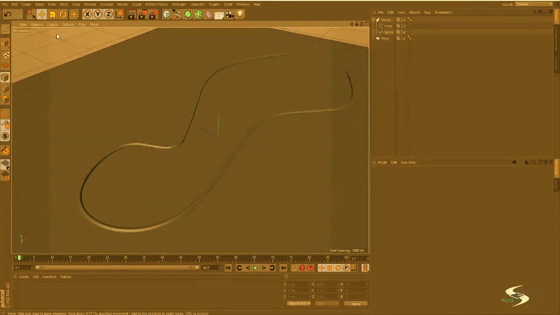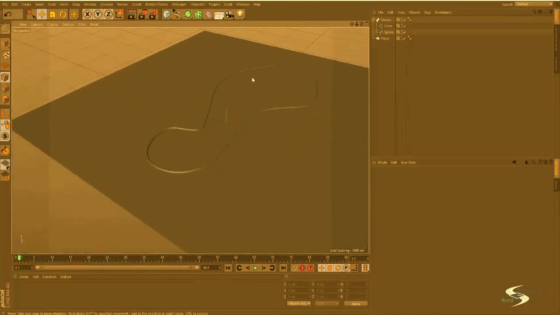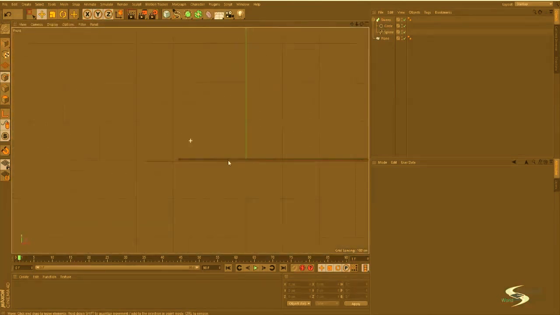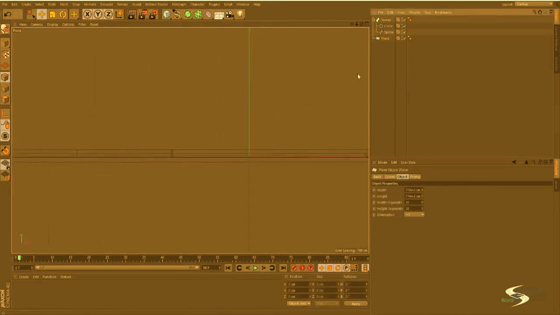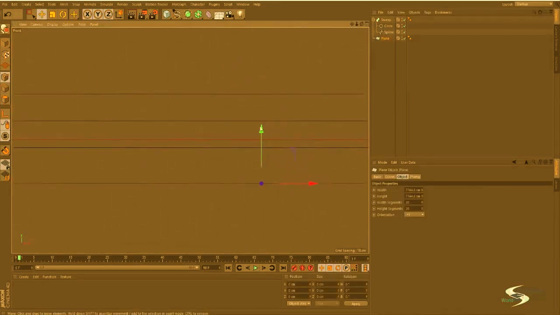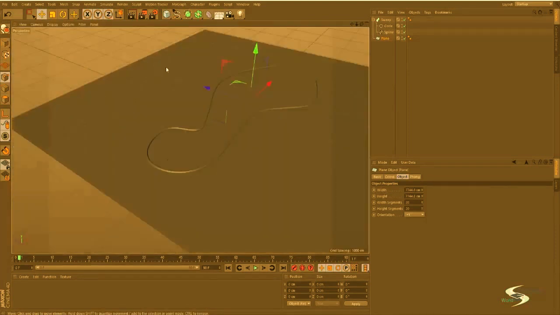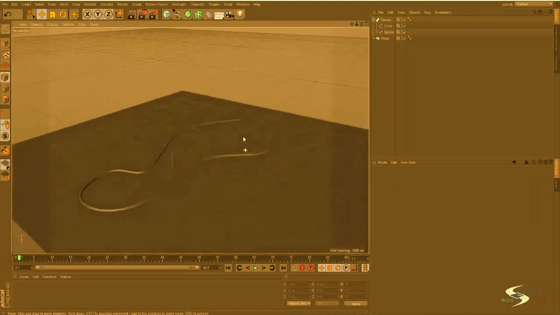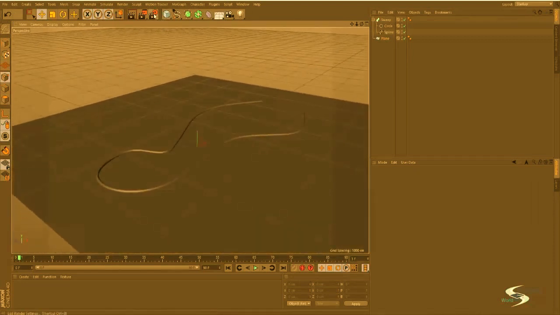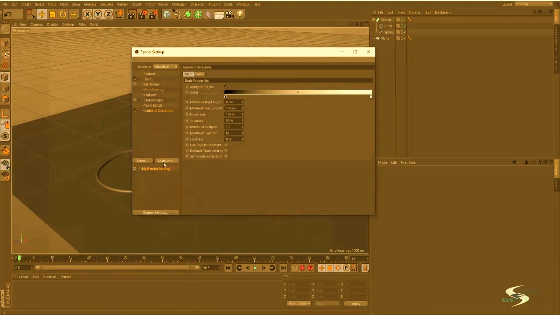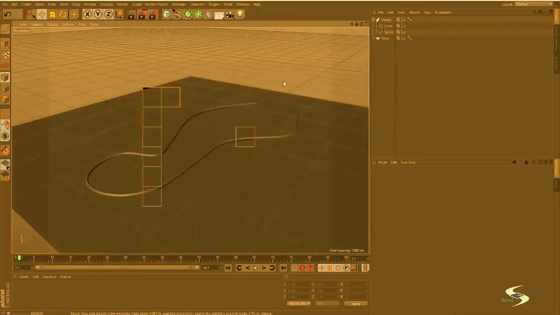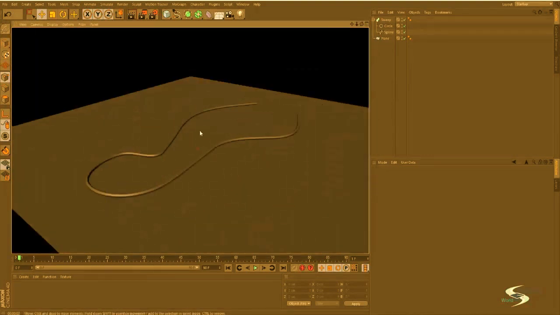We can go into the garage shading, and we can go into our side view, where we will be able to move the plane up until it touches the bottom of our hose. If we add ambient occlusion and render this, it's going to look quite alright. So there we go, we've got our hose laying flat onto the ground, and